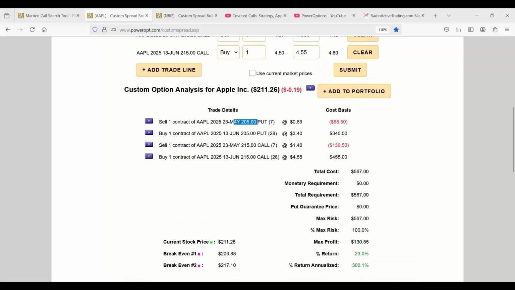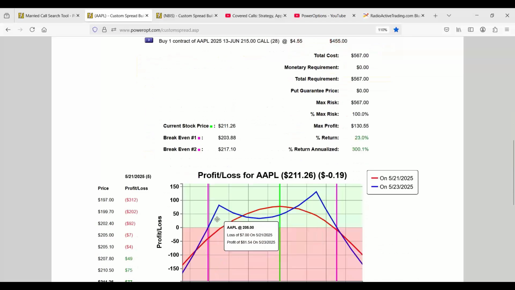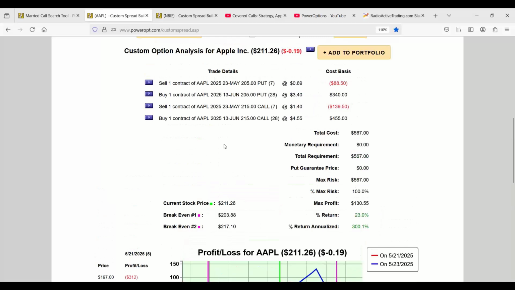What's the difference? Well, here I would have sold a 205 put and maybe bought a 200. Lower cost, but I have a different breadth of profit on the position. It's preference, really, Kamau. That's all it really is. All right, so